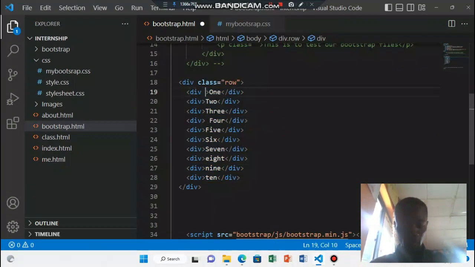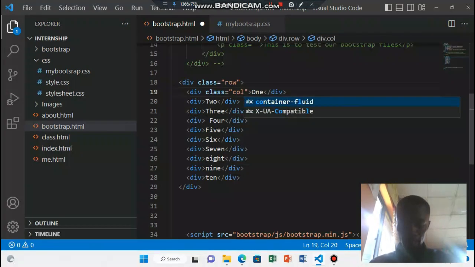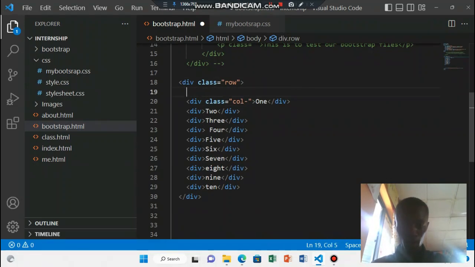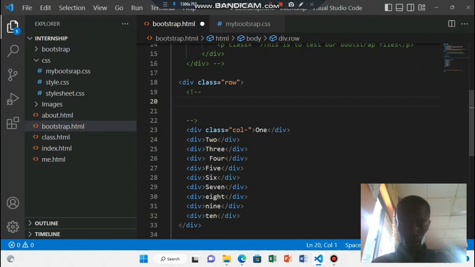Now for me to do that, I'll do a class. Then in this class I'm going to do col. Now when it comes to Bootstrap, there are four things you need to know. So let me just quickly write that as a comment. So bring that down. So there is LG, which is standing for large. So large simply means laptops. So it's for laptops. Although there is XL also, which stands for extra large,